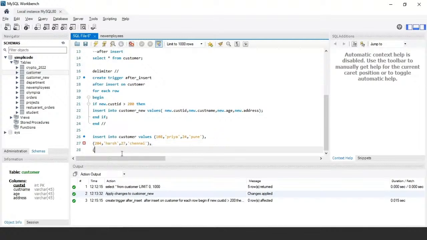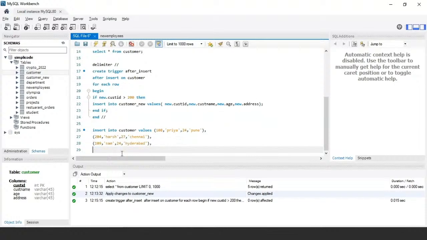Let us insert a final record, which is let's say 109, comma, name as Sam, age 24, city, let us take Hyderabad,